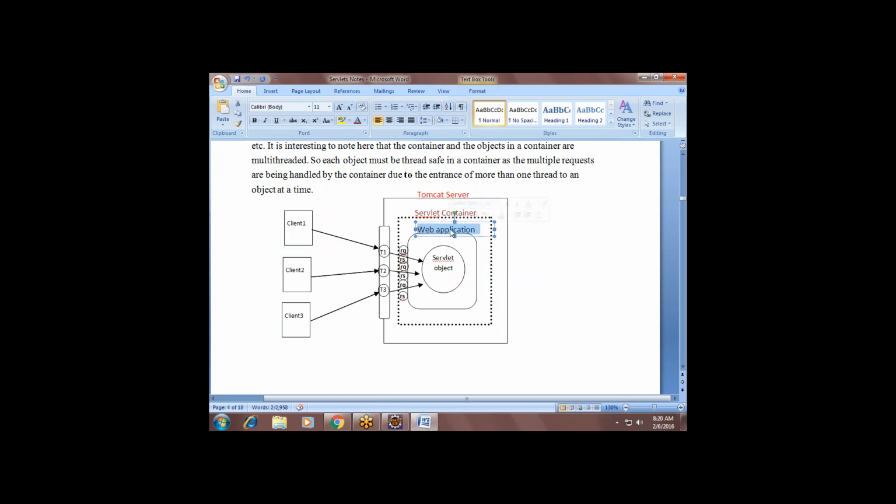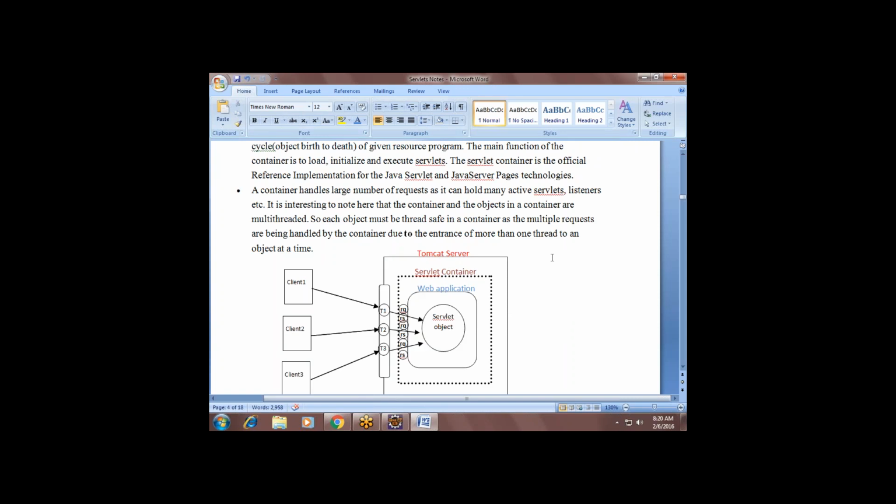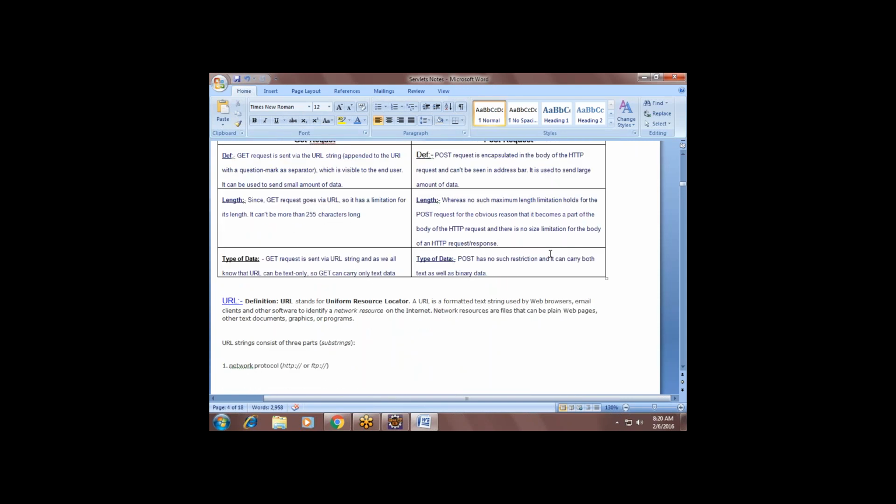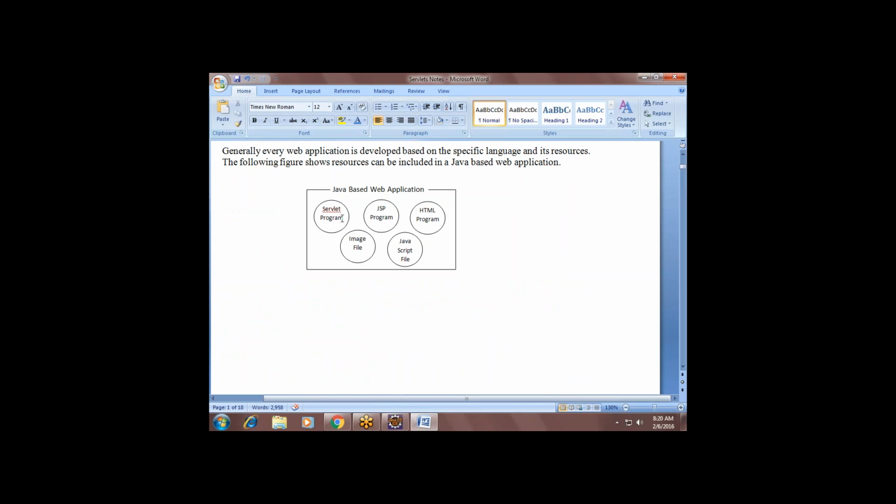Inside the server, we have to deploy the web application. What do you mean by web application? We don't call it a program, because a web application contains multiple web resources.